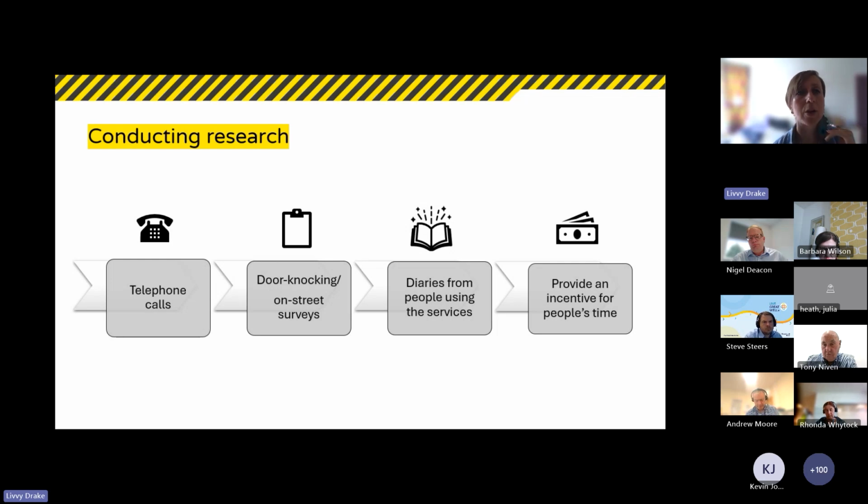If you don't do this, you're only ever going to get the usual suspects, which are the eager beavers who have got all the things to say about waste, fly tipping and everything. The people who come to all your meetings, the same 5 people, you'll only attract them. By giving people an incentive, you'll hear from somebody new. So that's just a bit on research. And if you want more research around the whys of fly tipping, it's in the fly tipping guide, and you can get the link at the end of this.